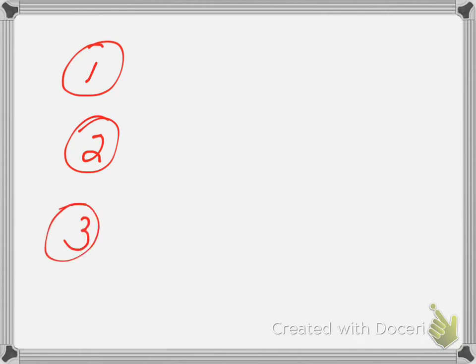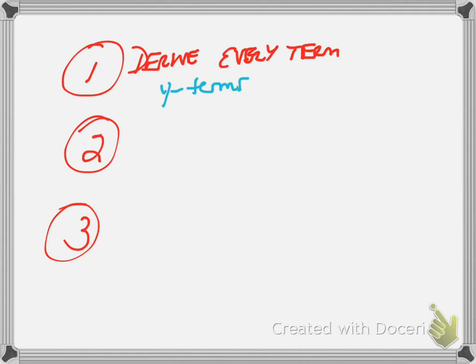So let's just recap. Let's break it down to a 3-step process. First step: derive everything. Derive every term. And you want to make a note here: all the y terms, you got to put a dy dx. Okay, so second step: